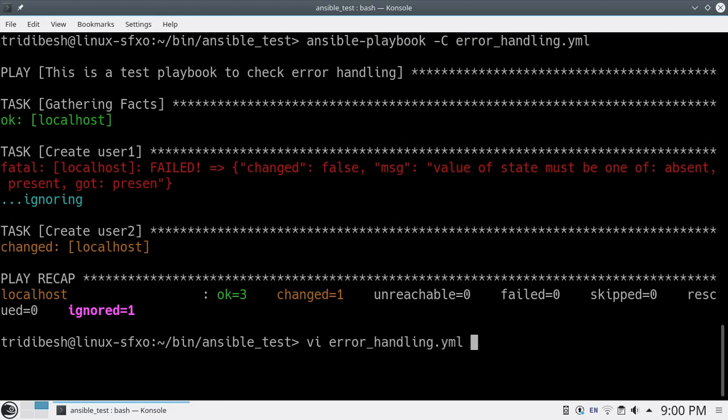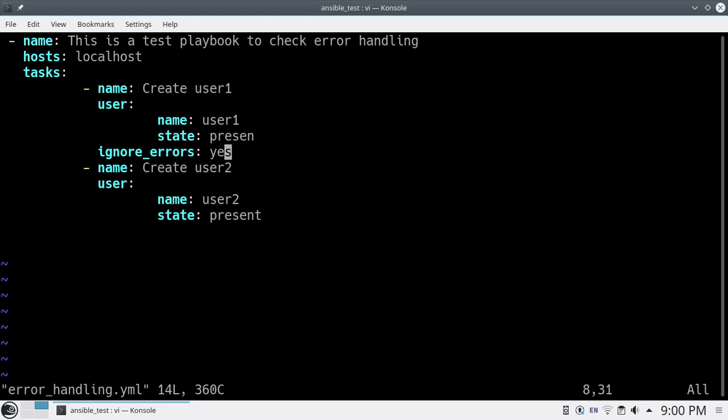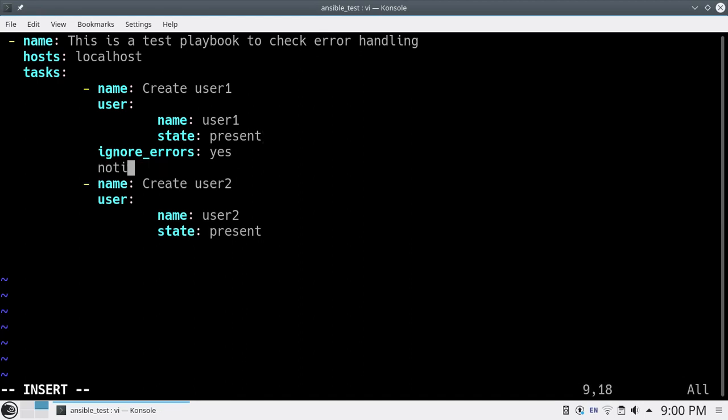Now we will see how you can call handlers. Let me make it proper, and here let me put notify: so_msg1. Now here I will create a wrong spelling, and I will put handlers here.